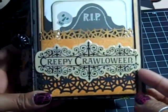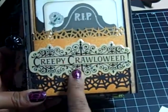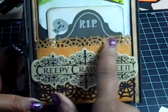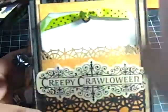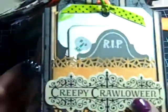Okay, so I made a little pocket here. This came from the DCWV collection, embellishment collection pack, and I made this trim from a Martha Stewart punch, same with the top of the pocket. And then I just cut out some of the cutouts from the collection and paper on the back for that tag. And then same for there, made some tags. Okay, and the next page